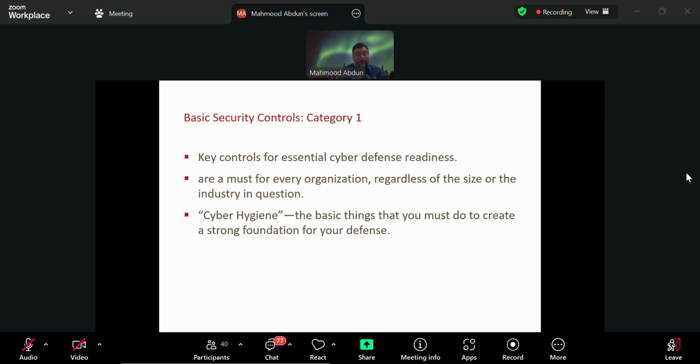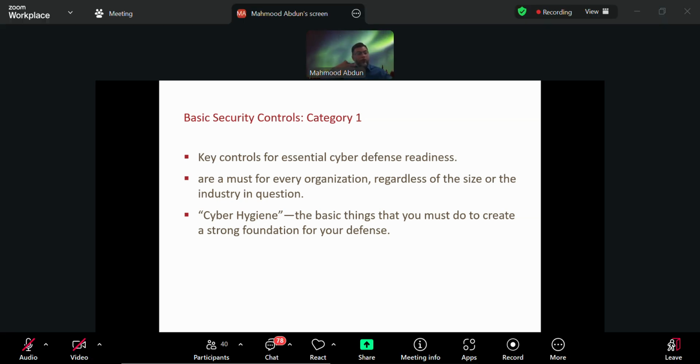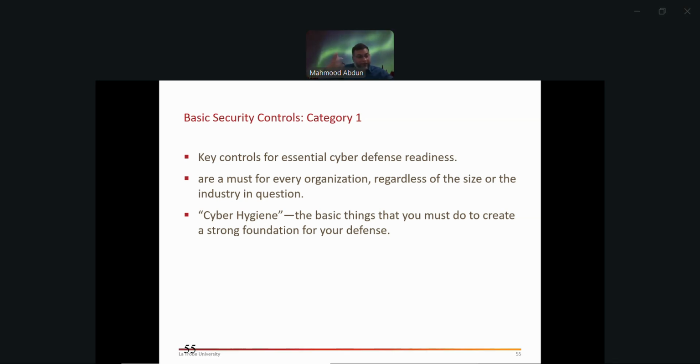Hygiene not only affects you, but anyone near you, right? In COVID-19, what did we experience? We experienced that personal hygiene is very, very important, because you could be the one spreading the disease. In the case of cybersecurity, you could be the one spreading the malware through lateral movement. If someone trusts you and you don't have the basic hygiene, then they are susceptible to attack from you.